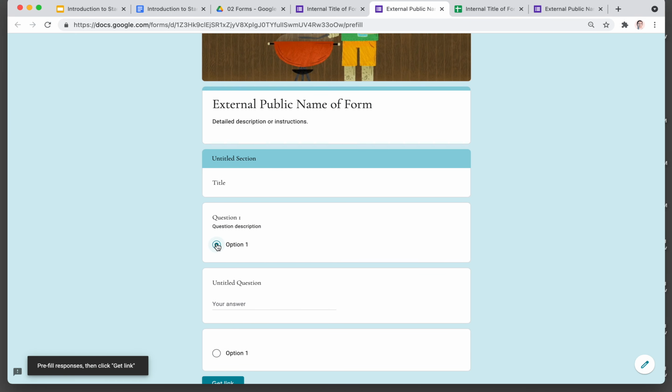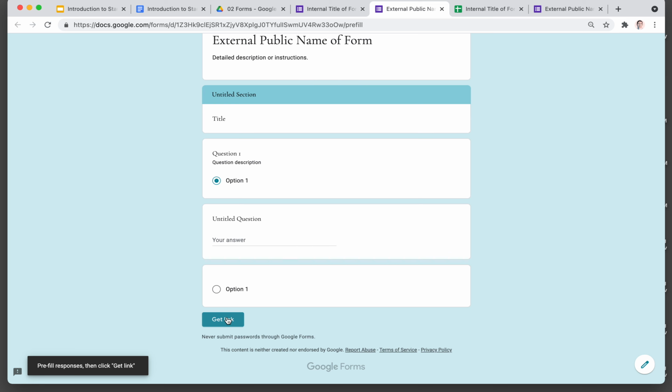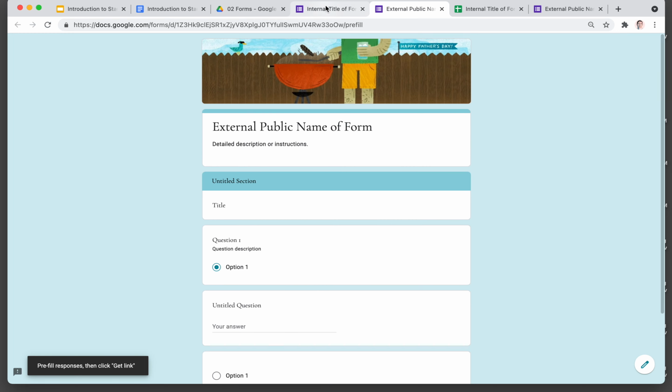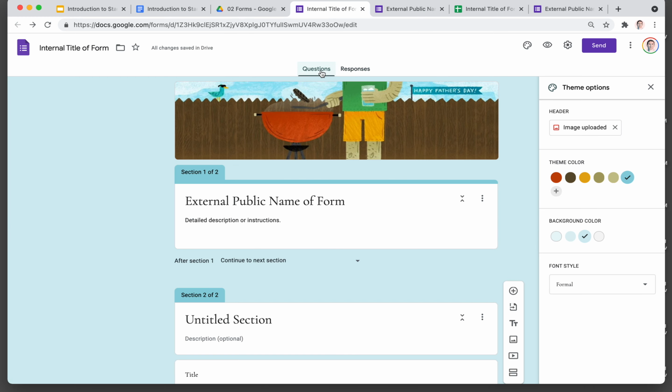If you fill out this form now, and then you click Get Link, that link that it copies will have a pre-filled version. So if you then send that link to someone else, it'll have answers in some of the questions already, the ones that you answered. So it may be another tool you want to use, and just another example of how